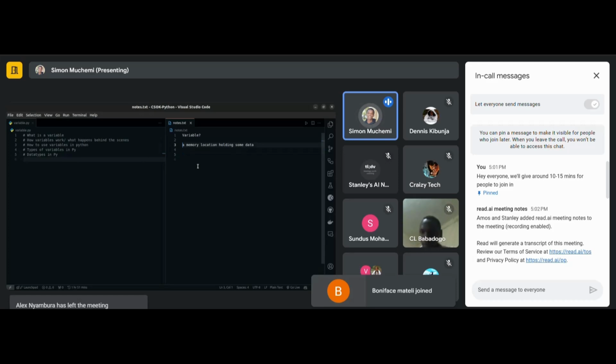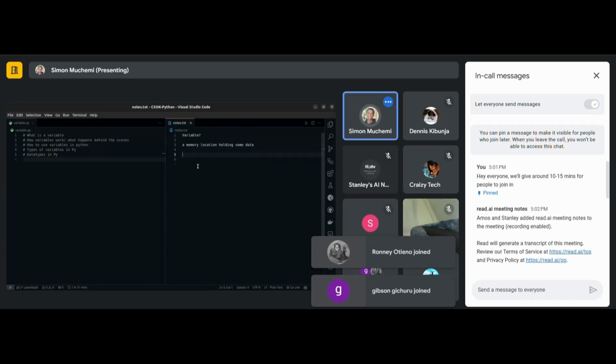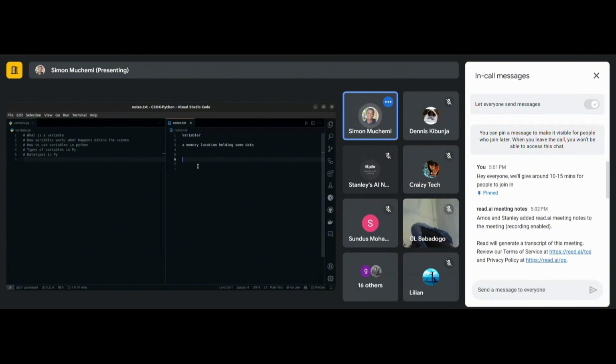So there are two keywords here. There's the term memory. There's actually three things: memory, location, and data. To explain what memory is, it's just what you know as RAM,